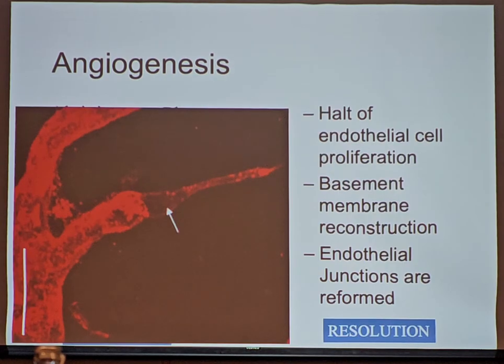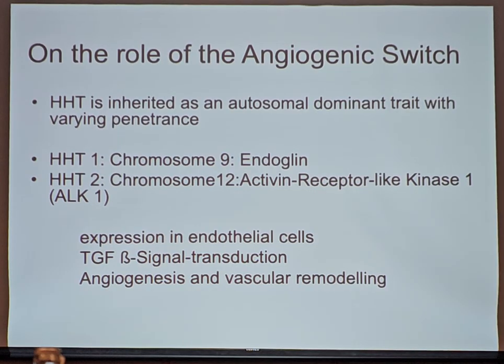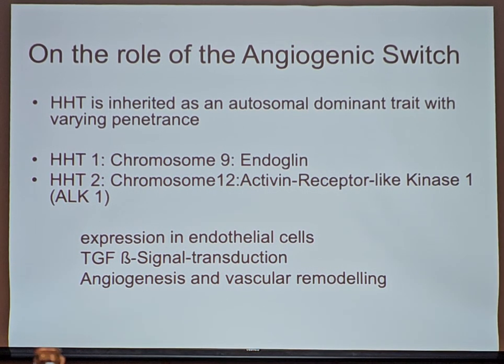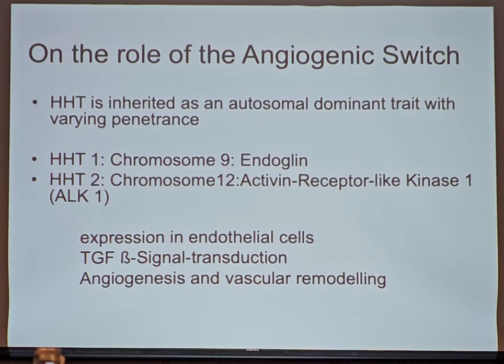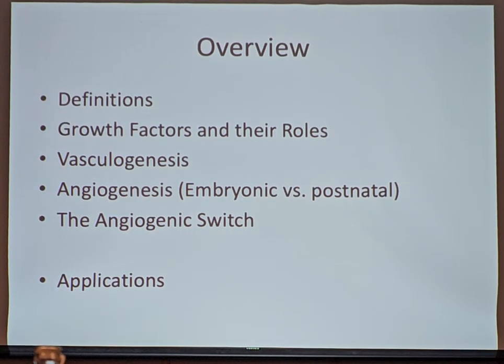So understanding the angiogenic switch will help you understand how shunts, how arteriovenous malformations are actually formed in the body. So in HHT, you have HHT1, you have HHT2, there's now HHT3 with the SMAD4 gene, and HHT4 where we have not yet found the gene. But all of these are genes that are able to mediate the angiogenic switch and are therefore, if defective, prone to making abnormal arteriovenous shunts.